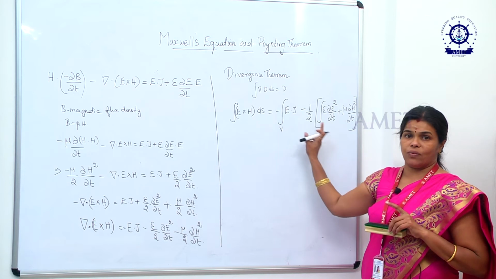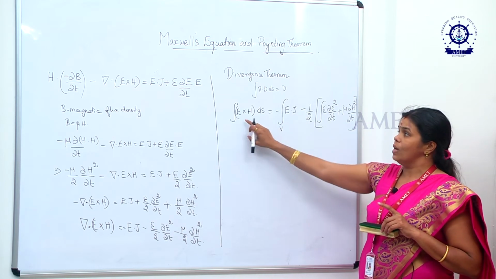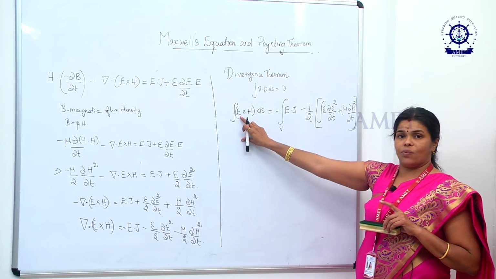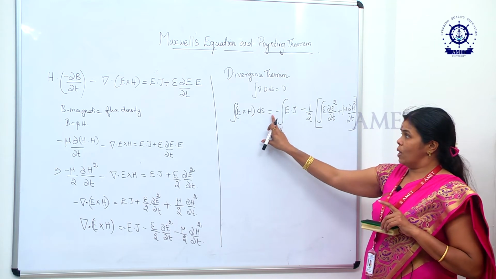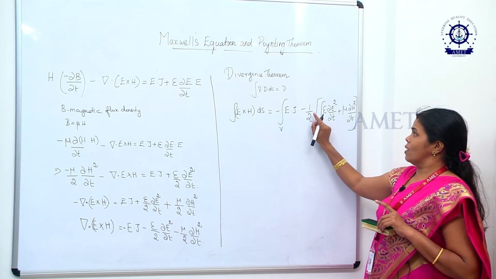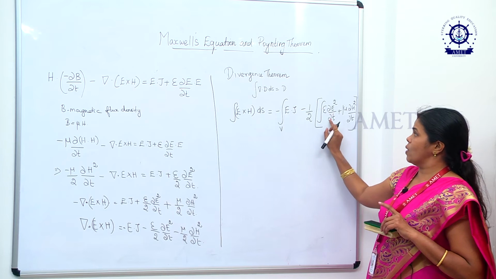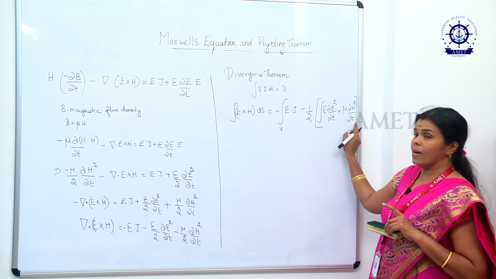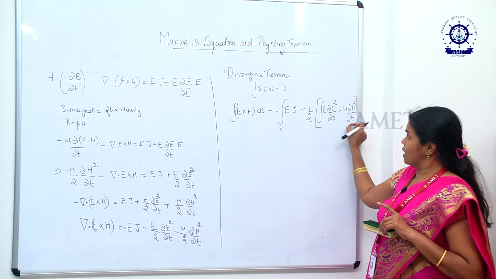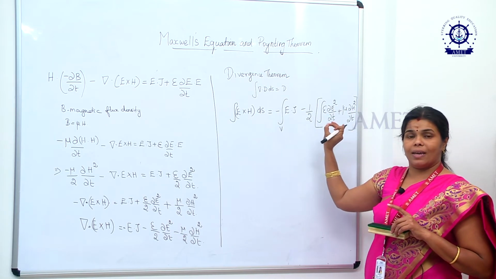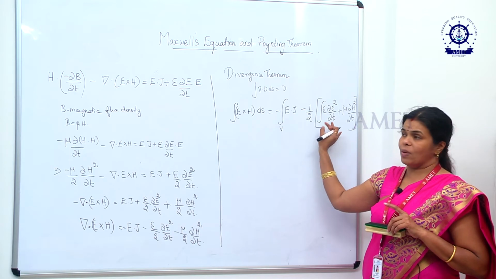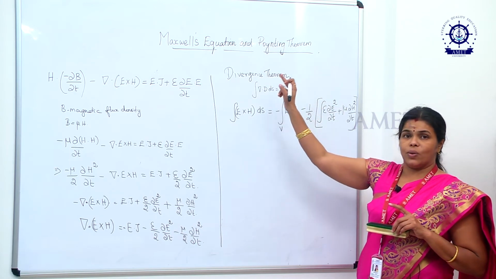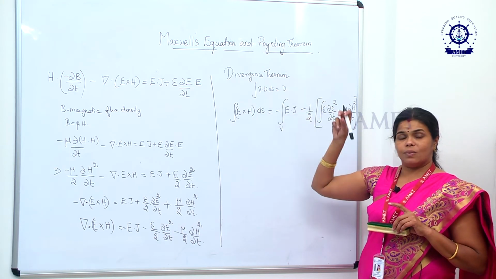This is the expression for Poynting theorem, which speaks about the cross product of the electric field and the magnetic field, which will be equal to half into epsilon dou E square divided by dou T plus half mu dou H square divided by dou T. This is actually the energy stored in the electric as well as the magnetic field, because while starting itself I told you Poynting theorem is meant for wave.